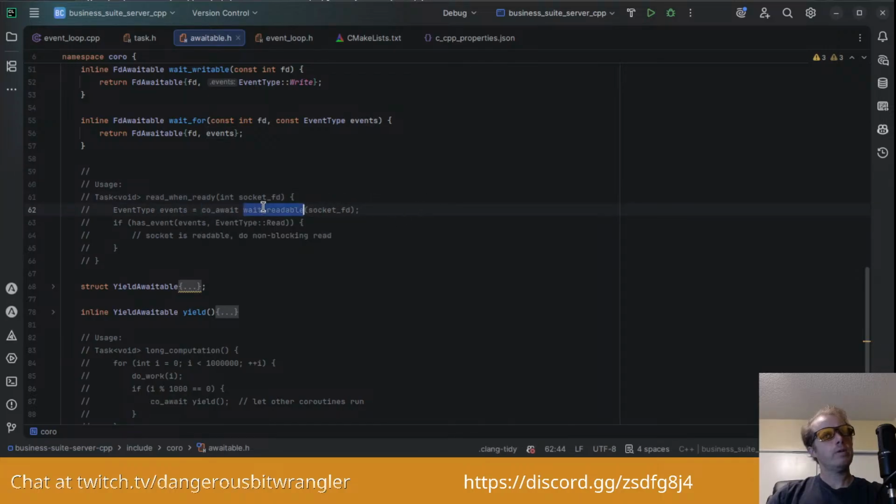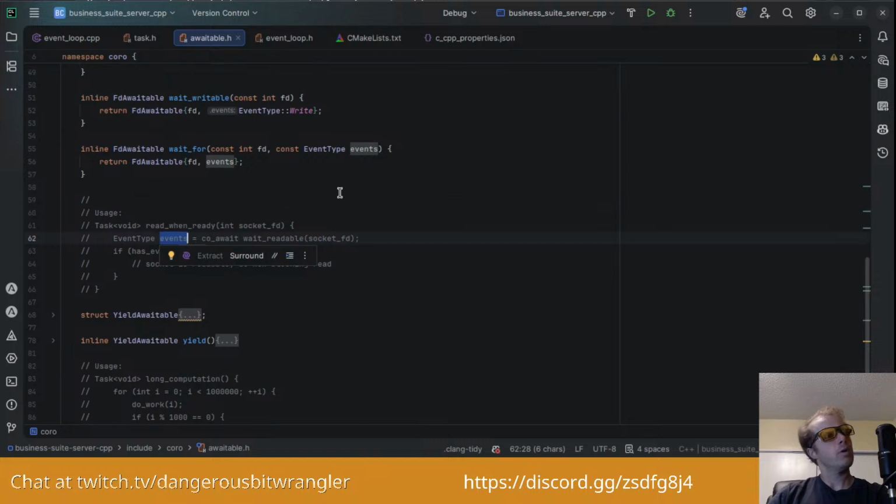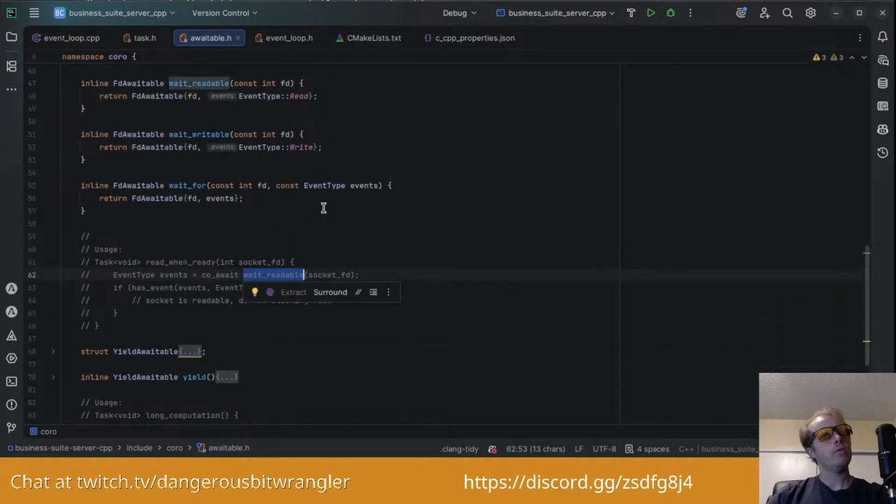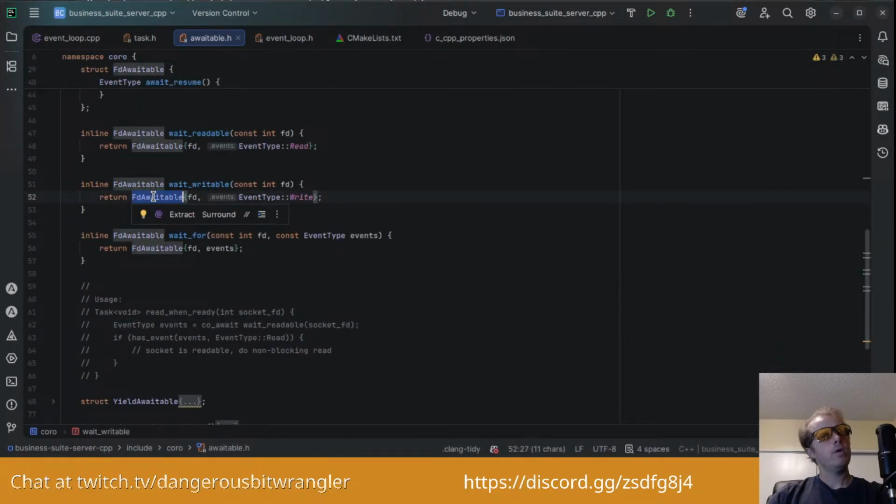We await wait readable given the file descriptor, and then we get the events. Wait a second, so that's not what I understood. Oh, the result of the file descriptor waitable is what we actually get in response.